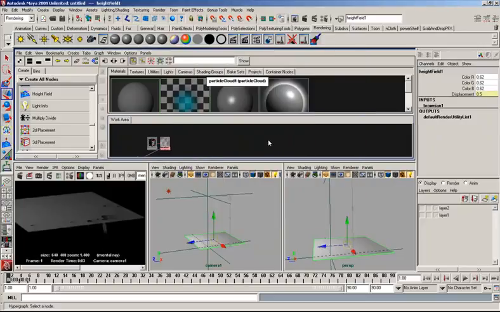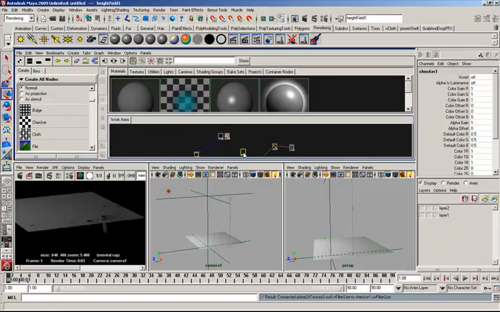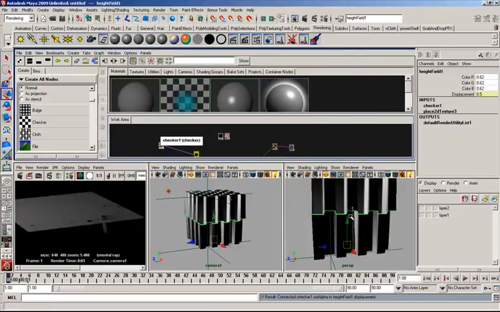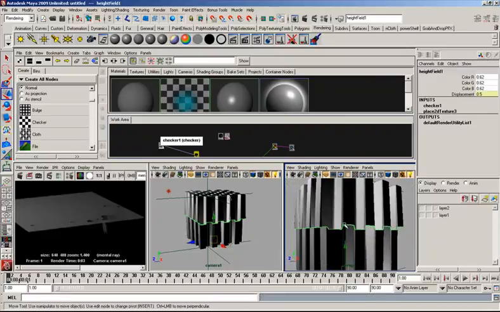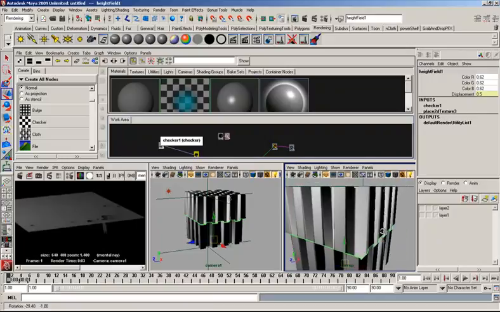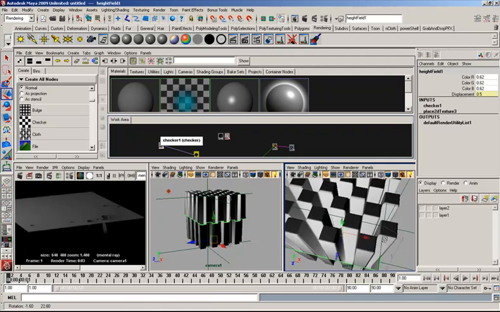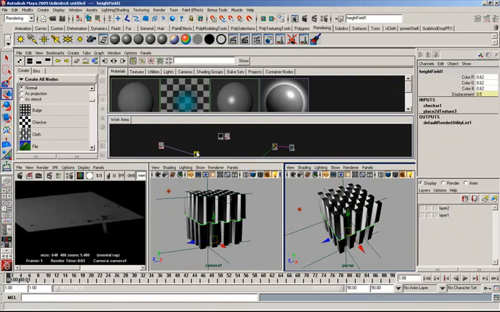Let me try something for a second here. Just gonna make another texture, simple checker, which is a 2D texture, and assign that onto the displacement value. Alright, yeah, so don't ask me why, but the displacement apparently doesn't like 3D textures. Okay, so this is checker right there, assigned, which is a 2D texture, assigned onto the displacement value of the